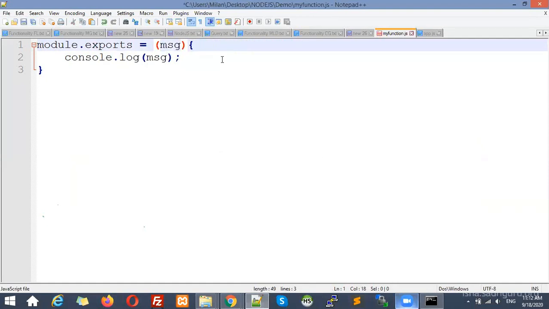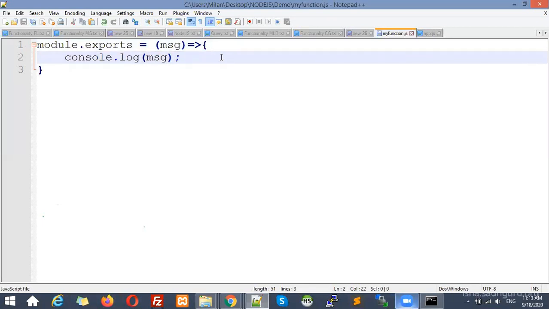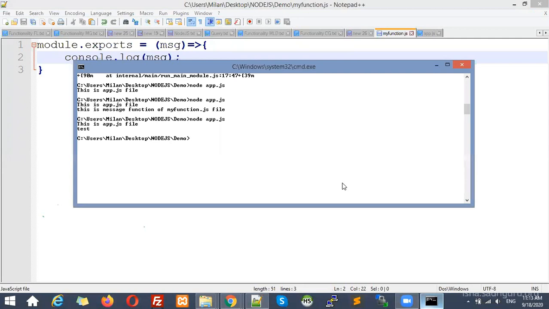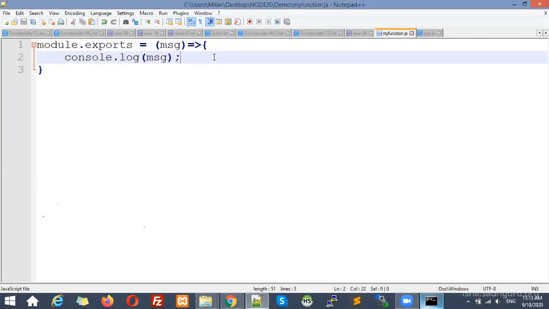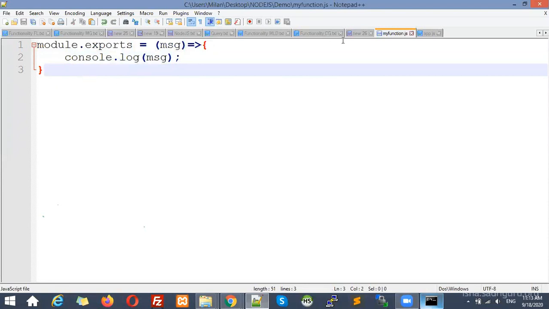See, you can write like this way also. This is a shorthand notation, or you can say an arrow operator, or an arrow notation, right? So here are the parameters. Then after that you can mention this and directly you can start the function body. So this also will work. Let me save it and again run this program. Same output. So these are the different ways that we can create the function, right? So everywhere we will use this type of function. That's why I have explained this concept.